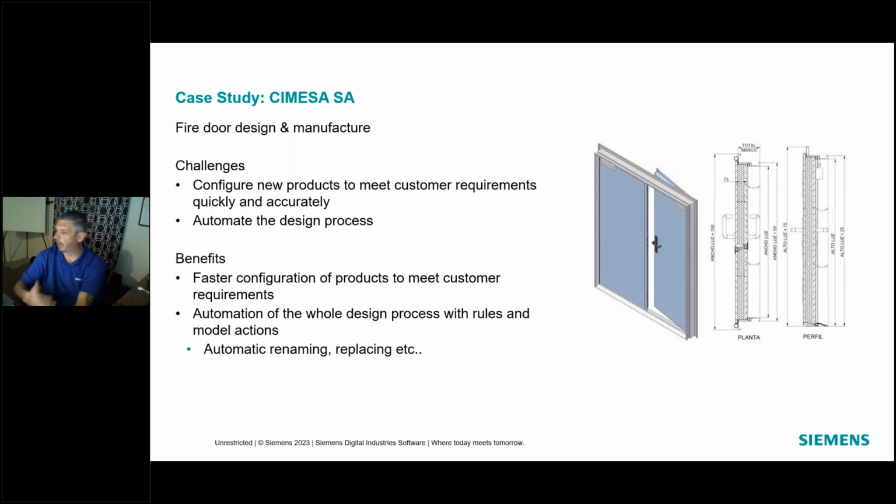There's a lot of things, just like the elevator, that need to be in place. How thick is it? What's the fire rating on it? And to be able to turn that request for proposal around, and then automate the drawings and have it go out to the shop floor. We know our design is going to be correct because we're working off of rules, so we know that we're not going to miss something as a designer based off of what the customer is